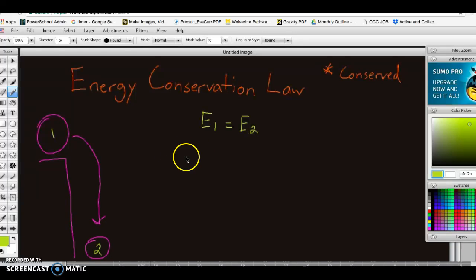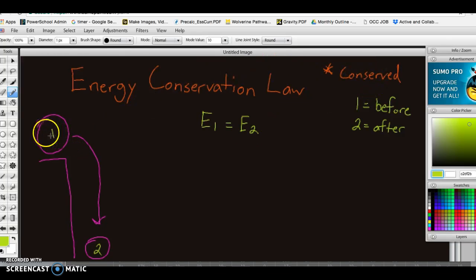All right, so this is our first video on energy conservation, the energy conservation law, and this is when energy is conserved. As you can see, the mechanical energy one equals the energy two out. One and two is just going to be classified as this. If it's one, that means before, and then two, that means after. So my energy before equals my energy after, and that's what the energy conservation law is when energy is completely